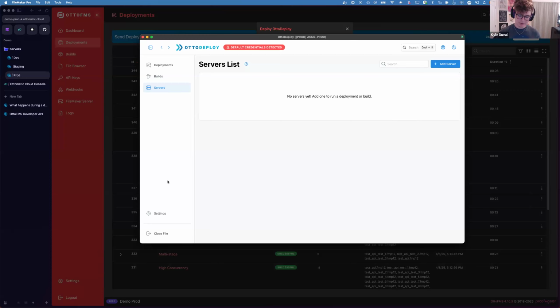When there's a new FileMaker version, which we've only done once, I think, at this point, you click the button, it says, hey, did you change the file name? What are the credentials, et cetera. Then it kicks off a deployment, closes your file, pulls down the newest copy, runs the deployment, and then you have a new copy of auto deploy immediately in your server.